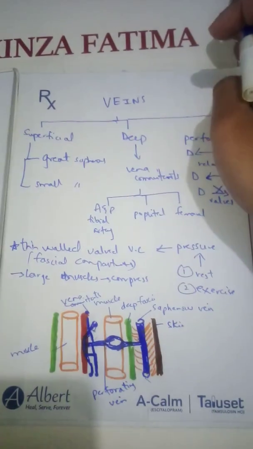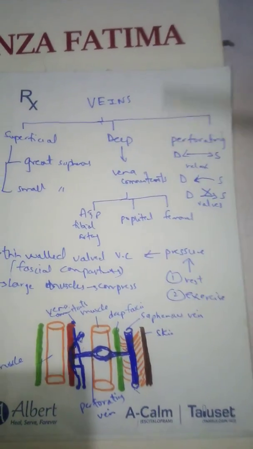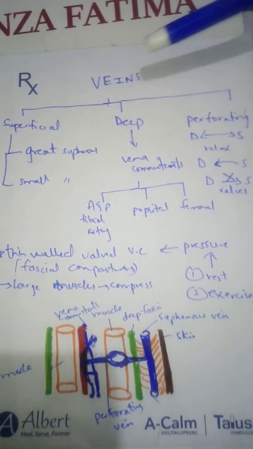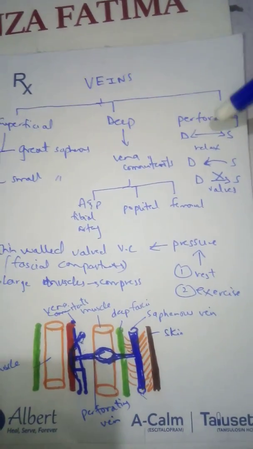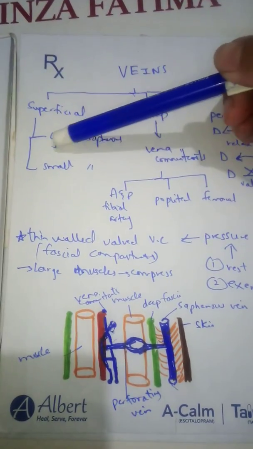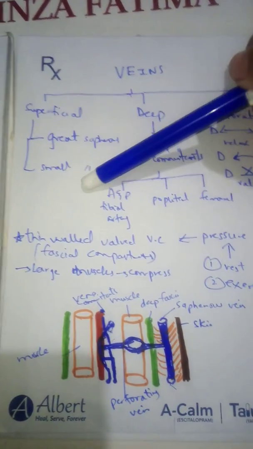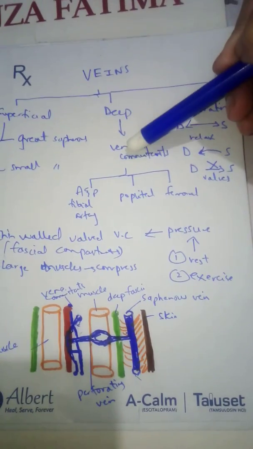Guys, today the topic of our discussion is venous drainage of the lower limb. The venous drainage of the lower limb consists of superficial veins, deep veins and perforating veins. The superficial veins further consist of the great saphenous vein and the small saphenous vein. The deep veins are formed by the